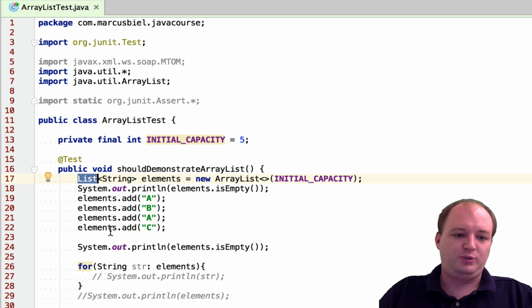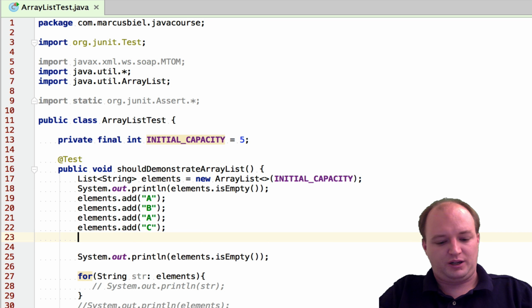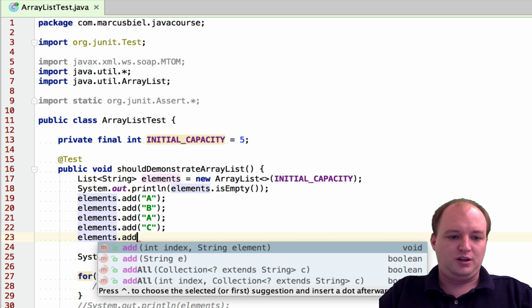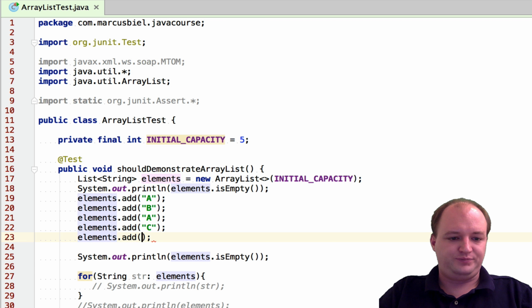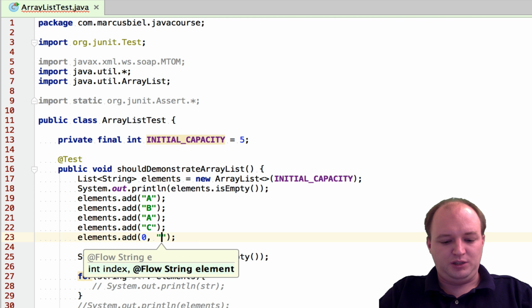But on top of that, we now have more methods. For example, I can insert an element by giving an index position. So I could, for example, say at index position 0, add me, I don't know, T.